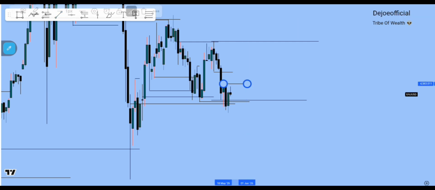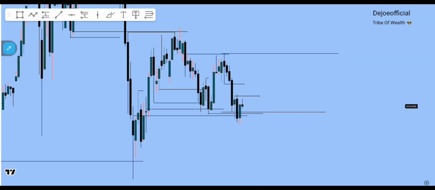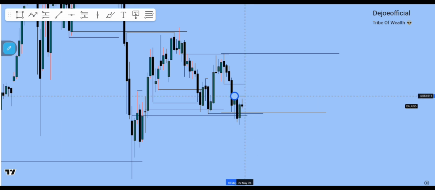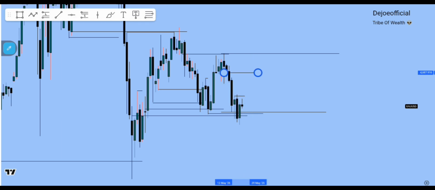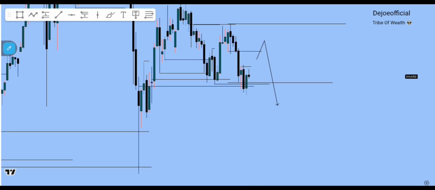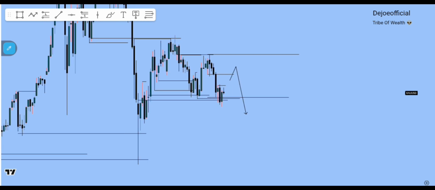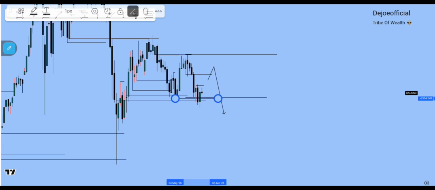So for now, I'm expecting gold to come into this particular zone. I mean this green candle should come into this zone. Then I wait for confirmation to take out this particular low. As you can see on daily, price is trying to create a CRT here, and on the weekly, and on this daily time frame, price is more like bullish for now. It's either that price will buy from here, or if it does respect this one, I'll be targeting this particular low.